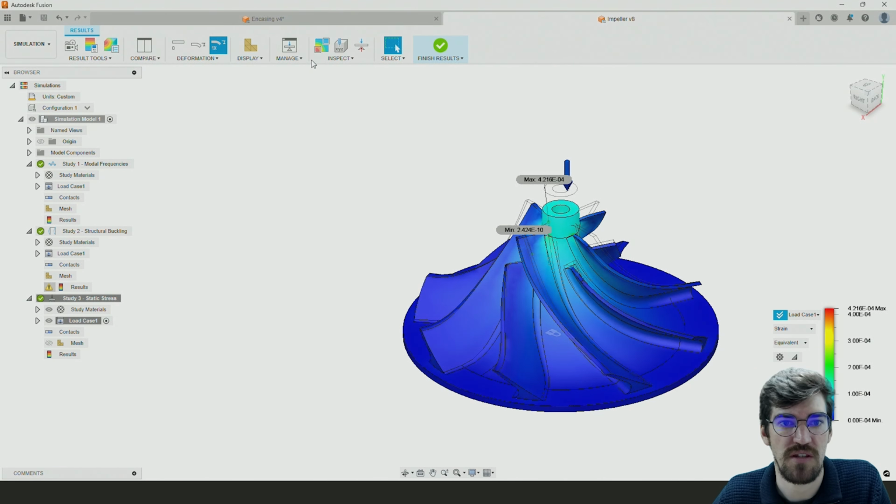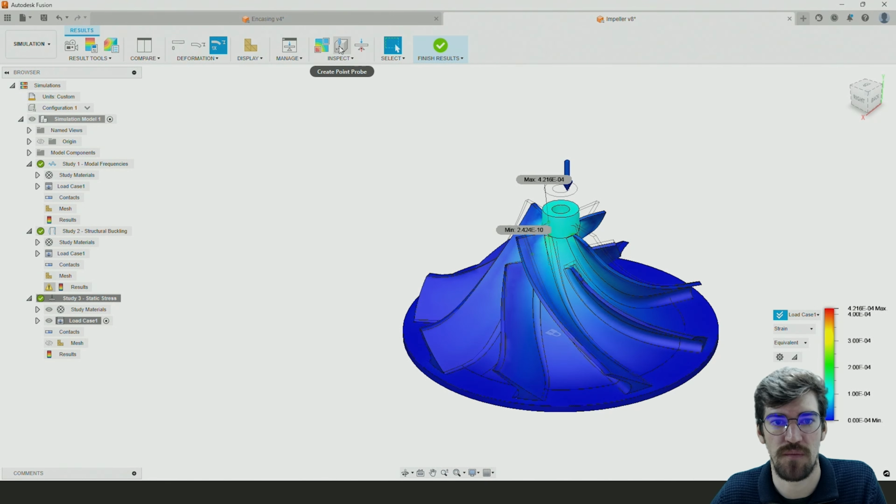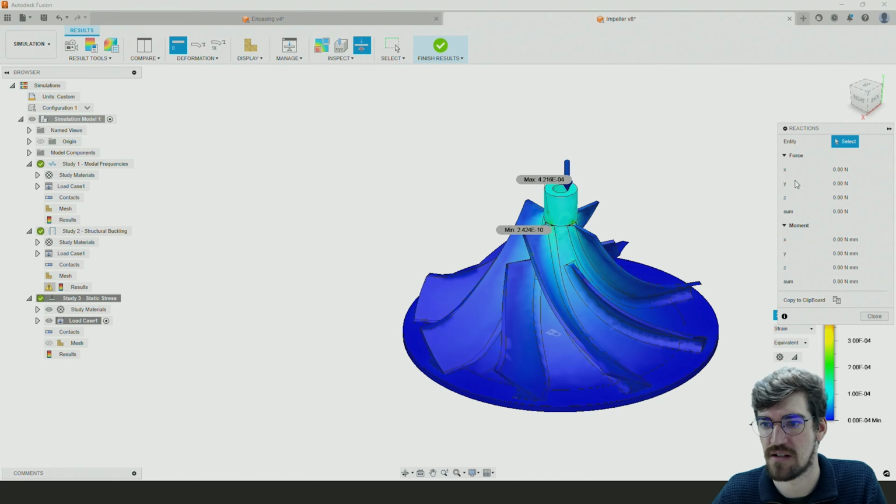We could also use some of the inspection tools to highlight or hide the minimum and maximum areas. We can create point probes as well. So if we are worried about a particular surface on the model, we can use our point probes to begin to look at that. And if we are looking at any reactive forces, we can have a look at and establish where those are